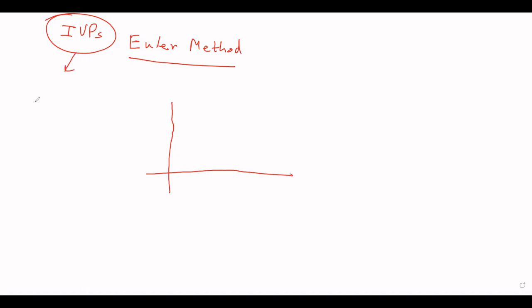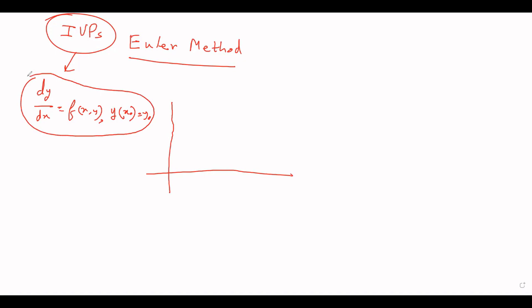Say we have an IVP that looks like this: dy by dx equals f of x and y, some function of x and y. This is a differential equation, and if we are given an initial value, for example, y at x naught is y naught, then it becomes an initial value problem. So the main idea is, since this differential equation is of order 1, the general solution will contain one unknown parameter